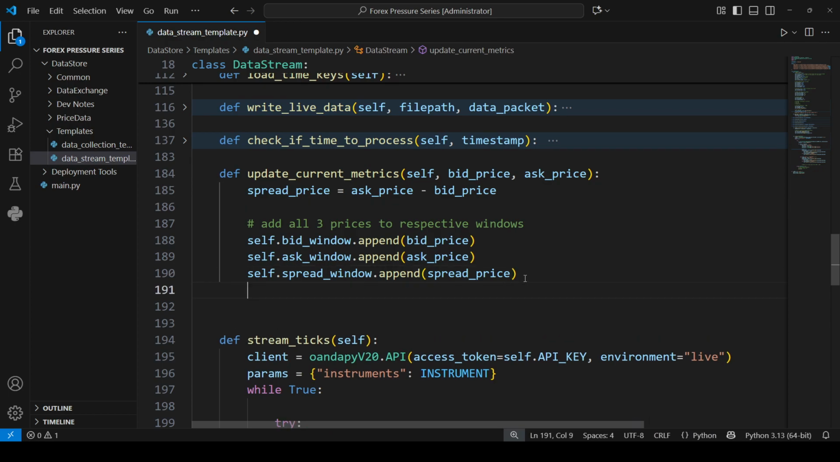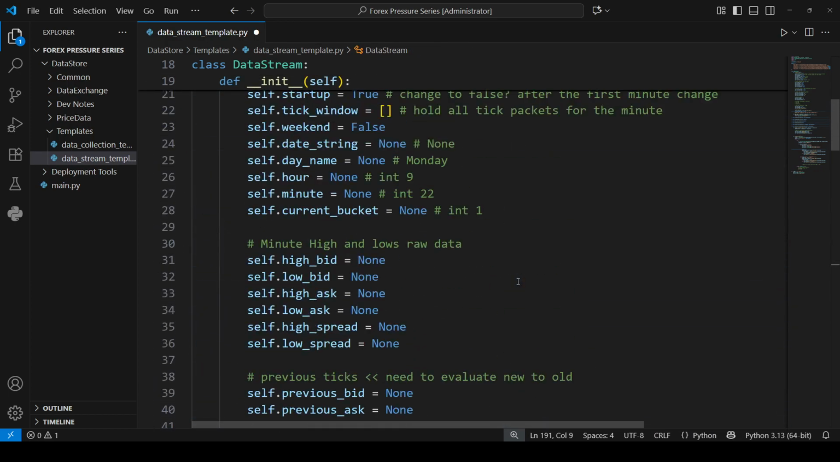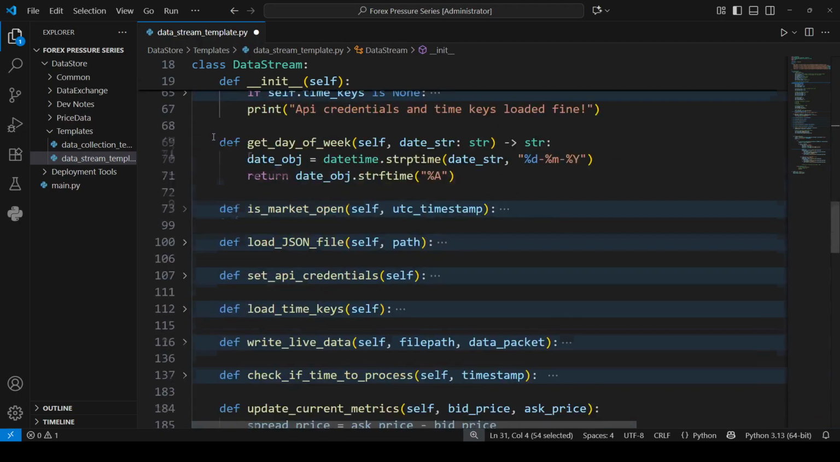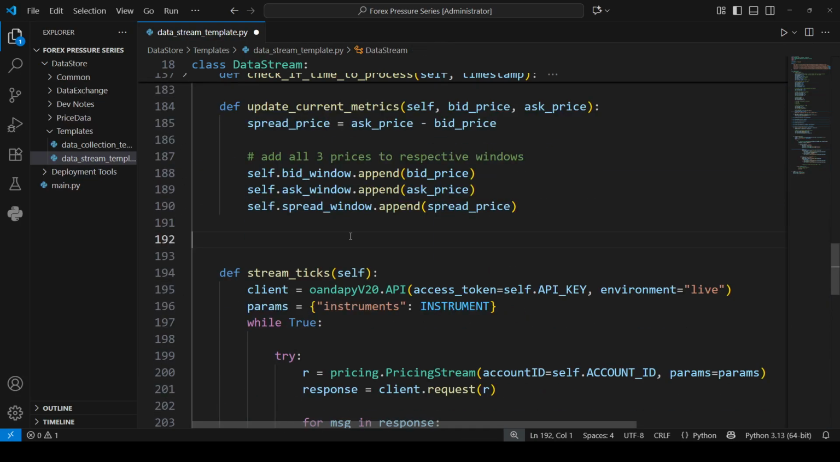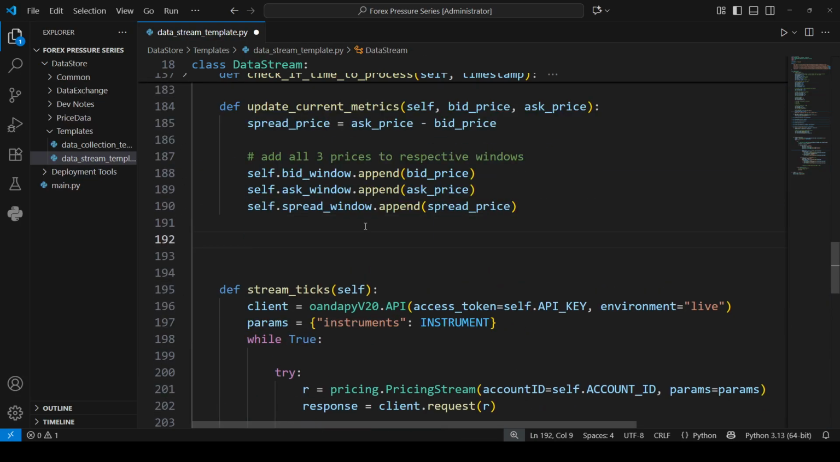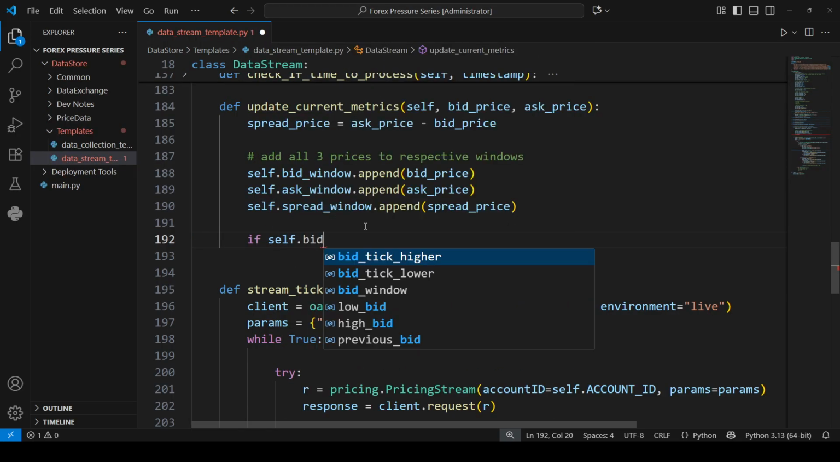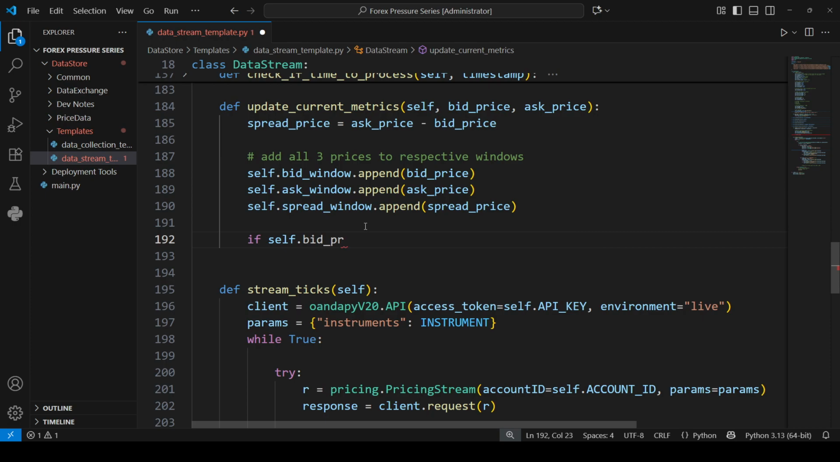Then we want to check if the current bid price is higher or lower than the high bid. So the bid price is higher or lower than the self.high. So if self.bid price, self.bid,